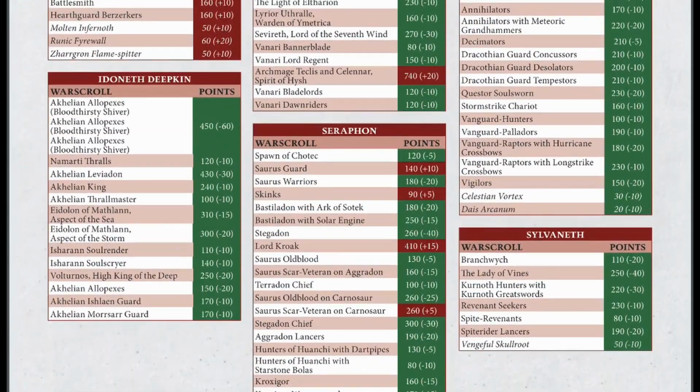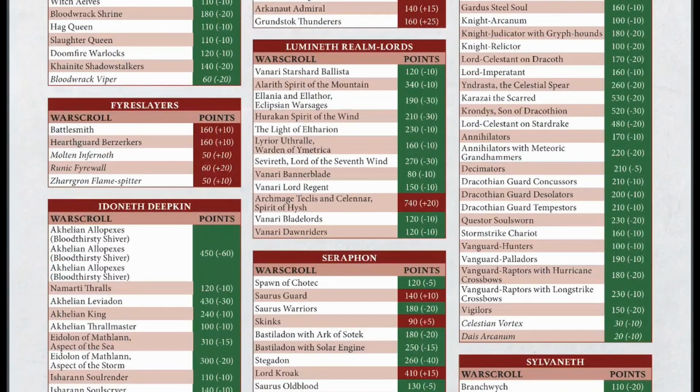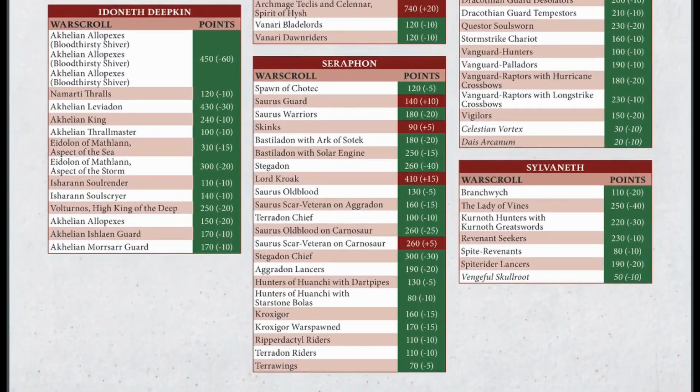Also the Idoneth Deepkin have seen a decrease in points. Also the Lumineth Realm-lords are changed in such a way. The Seraphon, this makes me a little crazy, because the Seraphon are one of the newest Battletomes that has been released, and okay, perfectly okay, that has seen quite a lot of decrease, and mainly of these